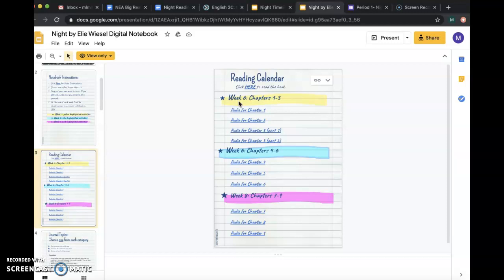So again, 3 options. You can click the PDF here, you can listen to the audiobooks, or you can go to school Monday through Friday, 8 to 12 this week, and check out the book Night with your ID card.